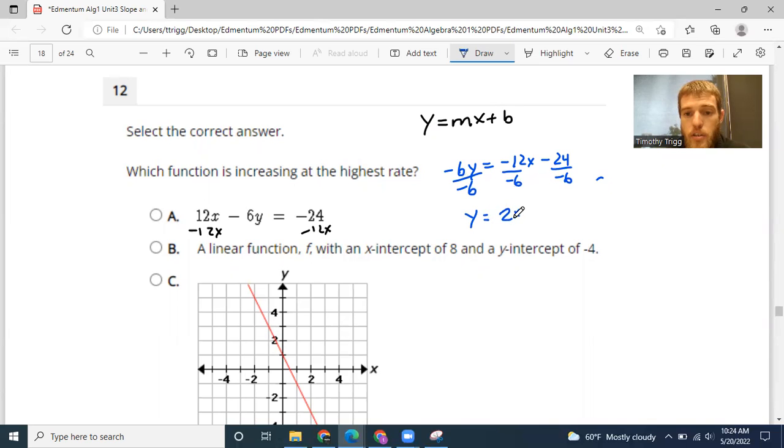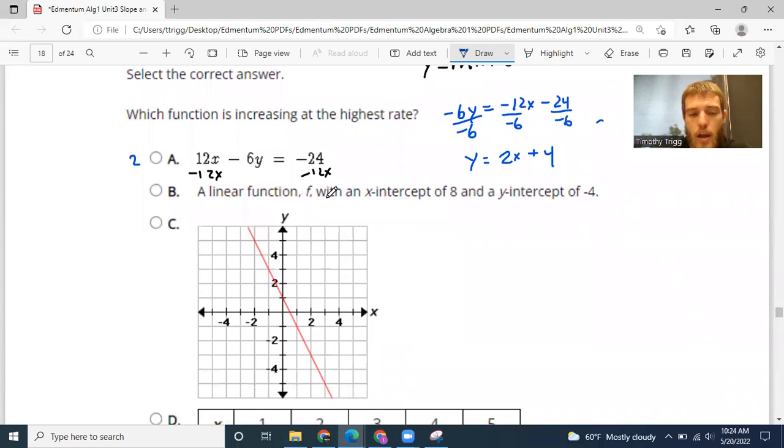So that gives us 2x. In this case, we have a slope of 2. So the steepness of this line, or in other words, its rate of increase, is 2. So this one has a slope of 2. I'm going to go ahead and write that here. Let's go ahead and try function